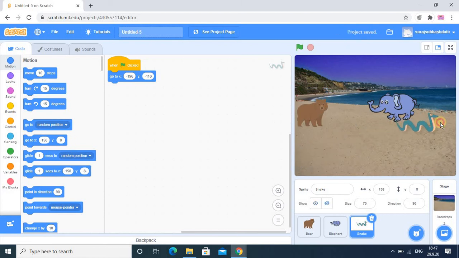Okay, so when I move it, you see the coordinates of x and y get changed, and here also it will change. If I again move, again it will change. Again if I move, I want up to here, so it is changing. So in this glide section, I don't want this random position, I want this one, and this is the coordinate. And now I check it out.